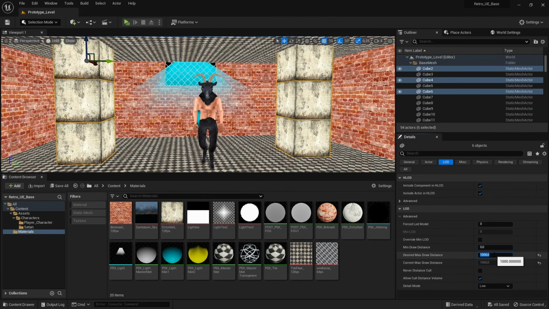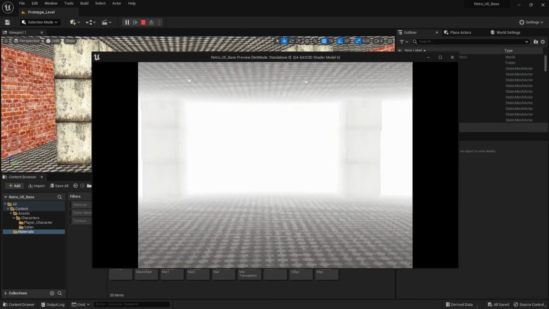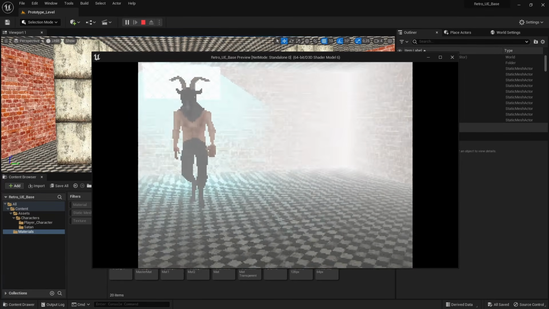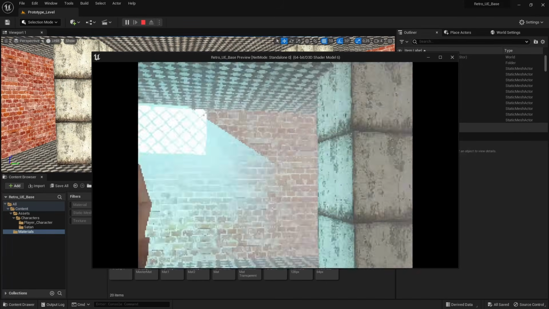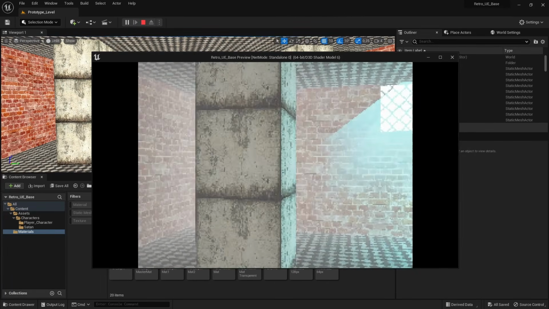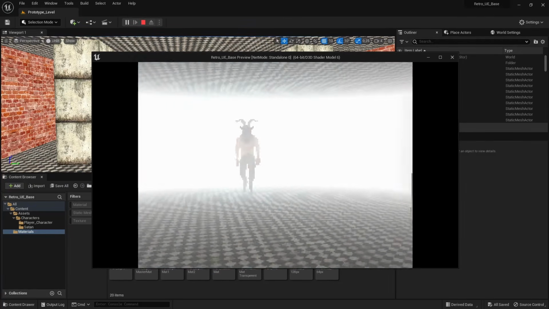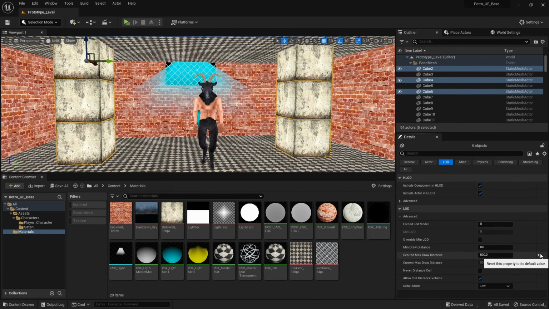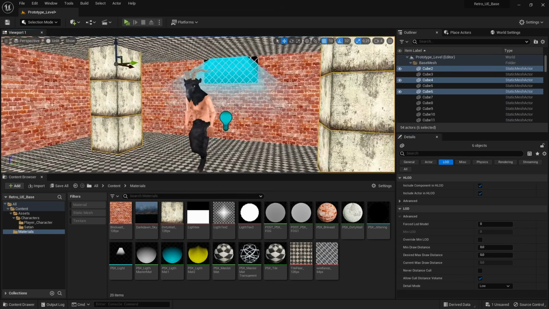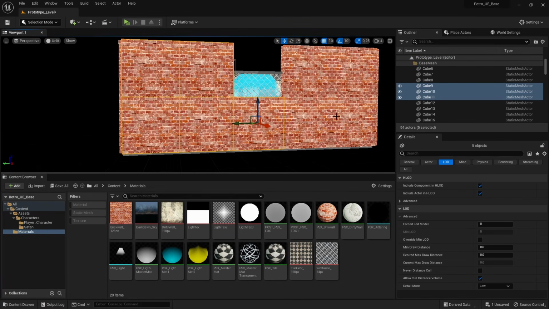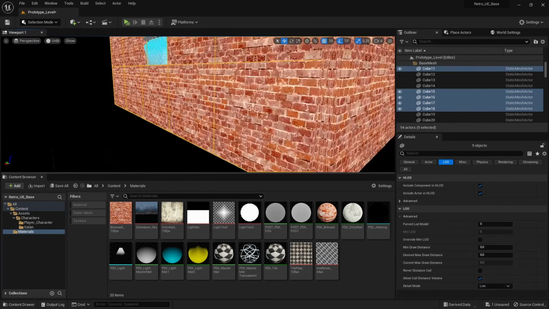Okay, maybe even closer so we can actually see the effect. Now they pop in. They vanish and now they pop in and render in. This will be very helpful for a lot of things. So we can now, for example, grab all of those walls,